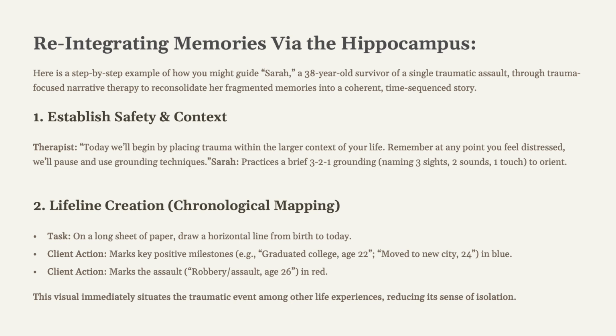So quite literally, she might say, I see a chair, I see a cup, I see a clock, I hear ticking, I hear birds singing, and I feel the chair. That's a 3-2-1 grounding technique. What that does is it grounds the person back to the present, it orients them to the here and now. Because when they're going through a traumatic event, in their minds, they may get pulled back into that time and place. And so a 3-2-1 grounding technique is very helpful to keep them in the here and now.